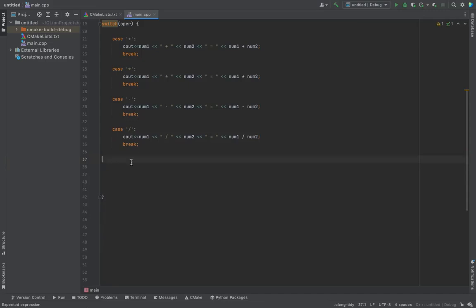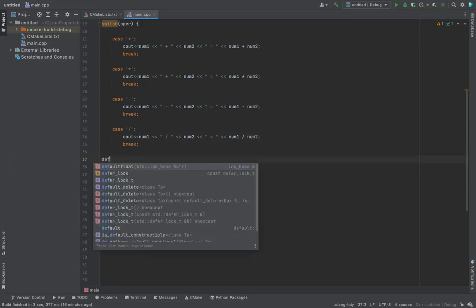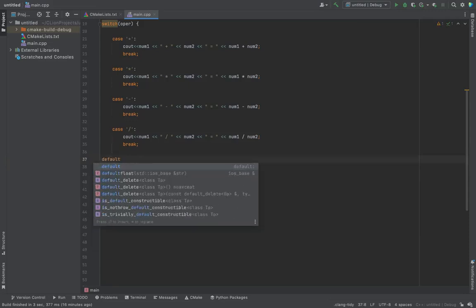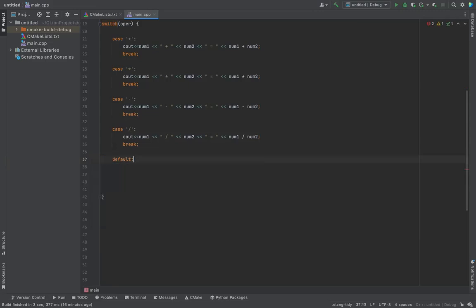Now, we will define something called default. That means in our program, if any person uses any operator that we've not defined, this is what we are going to do. We are going to tell the person,